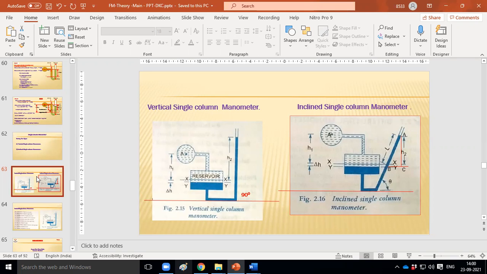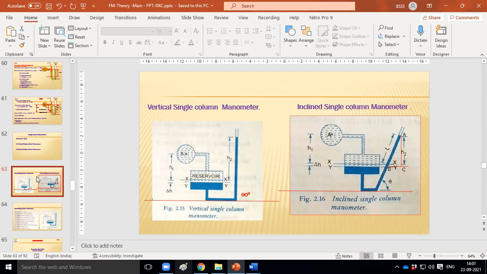If the U-tube manometer's cross section area is the same throughout, the level of mercury goes up in one limb and down in the other. Is it same or different? Different. The size as well as the cross section area of the U-tube manometer is the same, so the level of mercury goes up and down. Is it same or different?